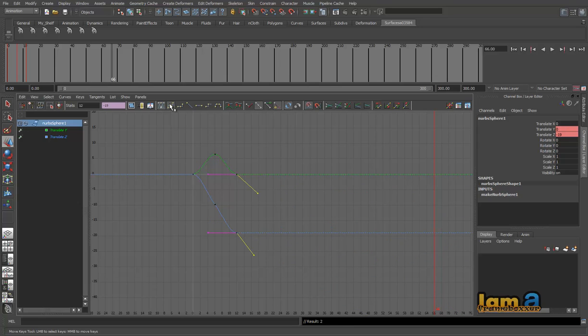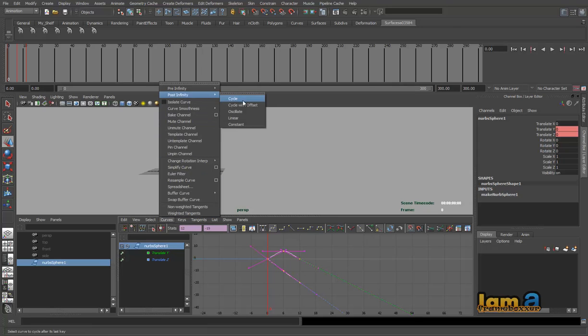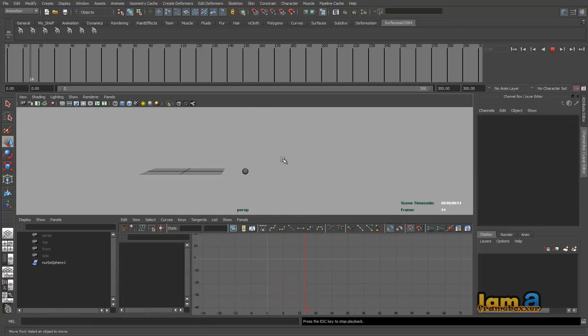So let's go to the last keyframe, and either you edit this, you can see immediately the linear changes, or let's say we put in a spline tangent, which I'll explain in a minute. So if I choose a spline tangent here, immediately you can see this getting affected, working towards the shape of the tangent extended towards the infinite. And when you play this, it actually just drops down there. It's based on the animation that you do. On the tangential information, it starts working. When you want to get this back, then simply go to curves, post infinity, and constant. When you do that, then you get back to normal. Hope this is clear.